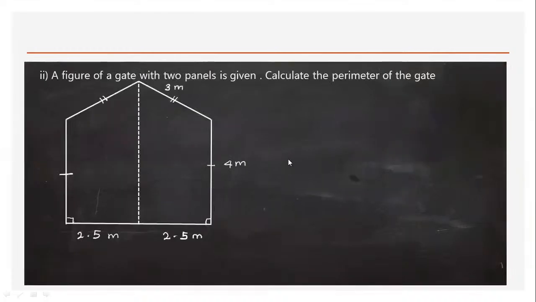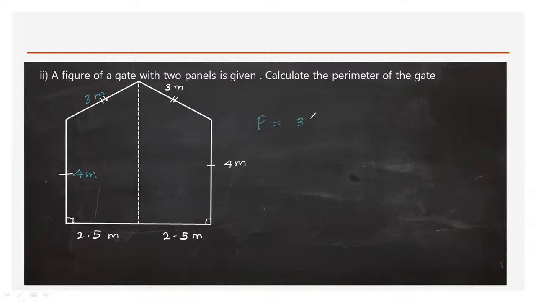A figure of a gate is given with 2 panels. Calculate the perimeter of the gate. We can't add this interior line. Around the gate you have to add. Then this is 3 meter, 3 meter and 4 meter, 2.5, 2.5. Perimeter